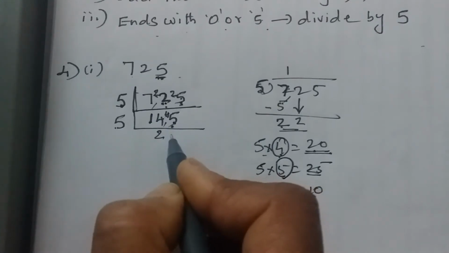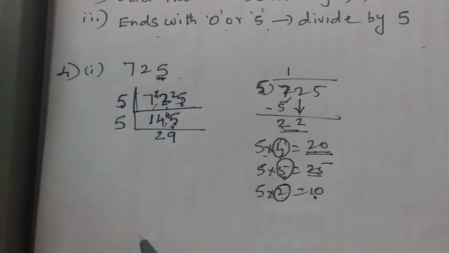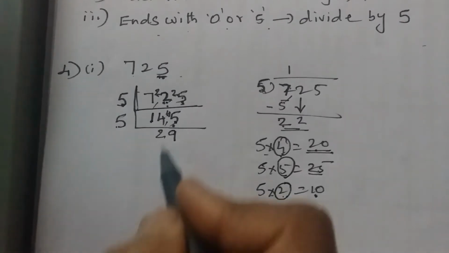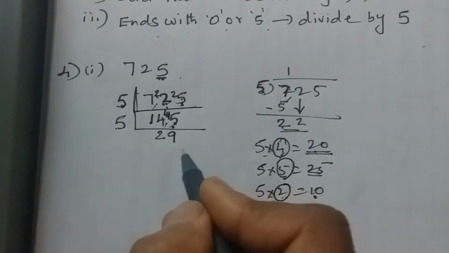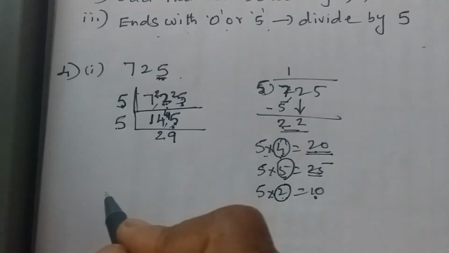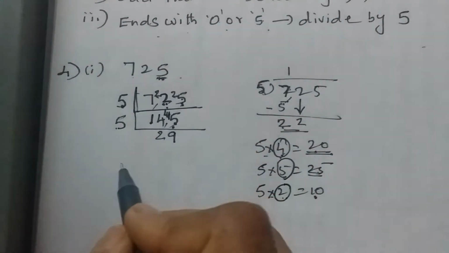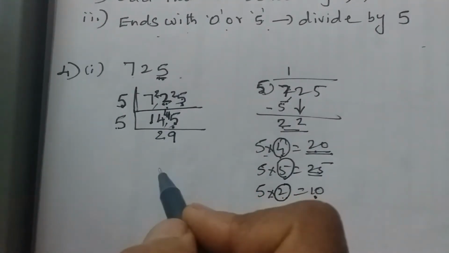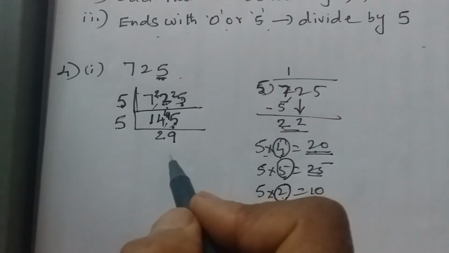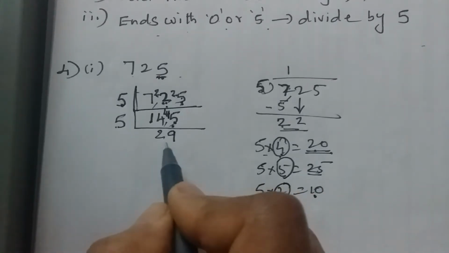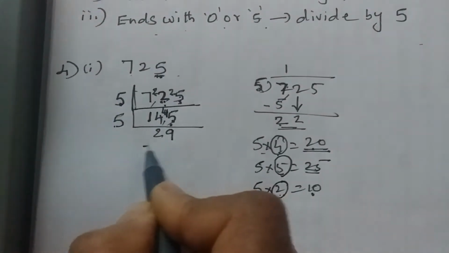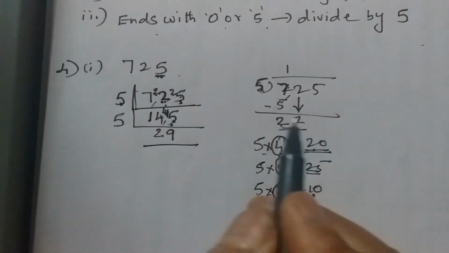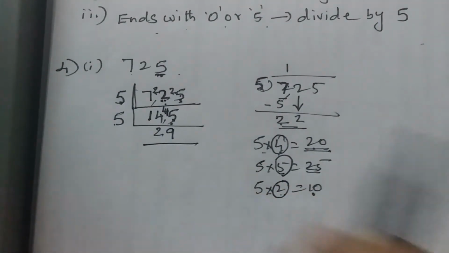Now what is this 29? Here you should be thorough with the prime numbers between 1 and 100 at least. 29 is a prime number. You can check for yourself. It doesn't come in any of the tables. Just check, is it there in the 3 tables? 4 tables? 5, 6, 7, 8, 9, 10, 12, anything? No, it is not in any of the tables. It's a prime number. Once you get a prime number, what can we do? Just stop the sum. It is enough. It is not divisible by any other number. It is divisible only by itself.